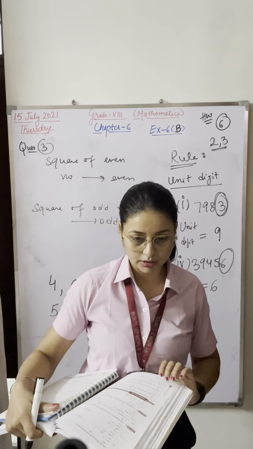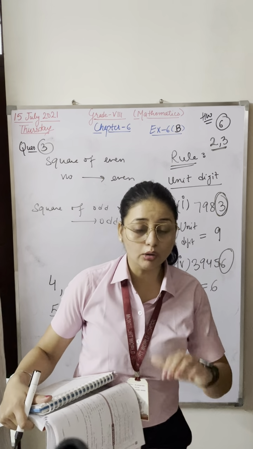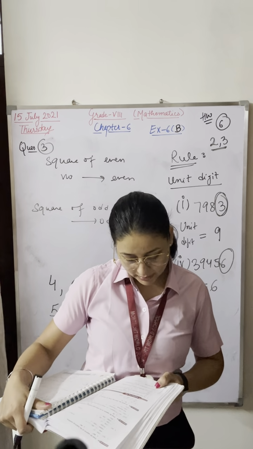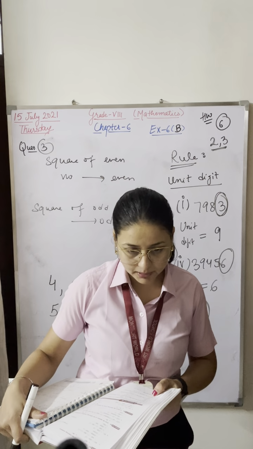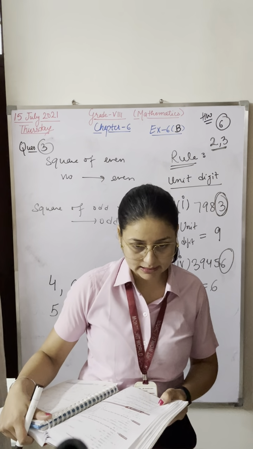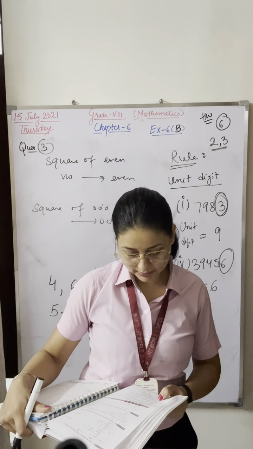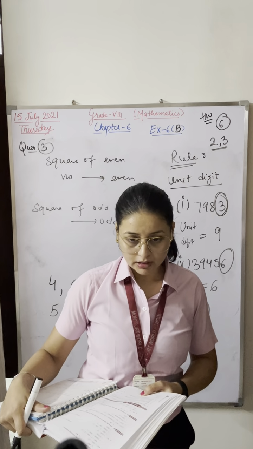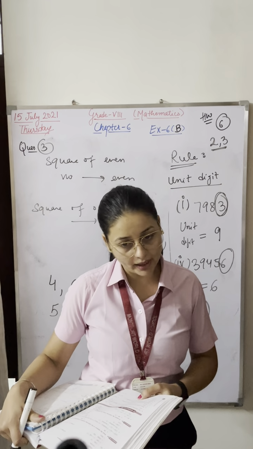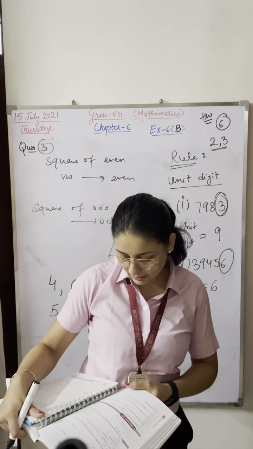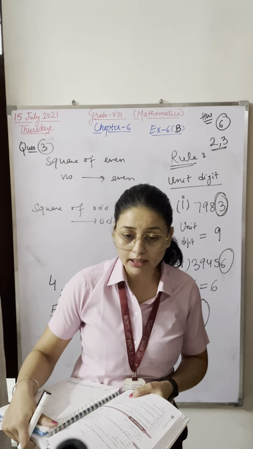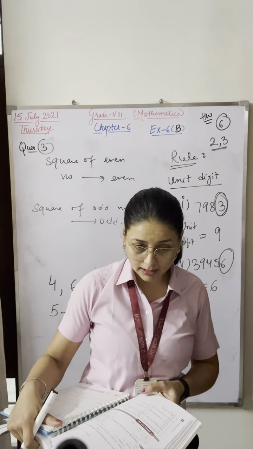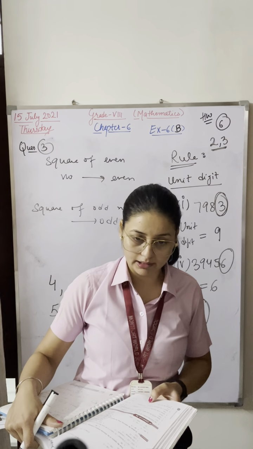Similarly, question 4. In question 4, they are saying to find those numbers whose square will be odd. So tell me, is the first part the answer or not? First part is 576. That is even, so that is not an answer. Second part is 625. It is an odd number, so the square will be odd. Similarly, the third part is an even number, so that will not be the answer. So the answer of the third part is first and third. Answer of the fourth part is second.